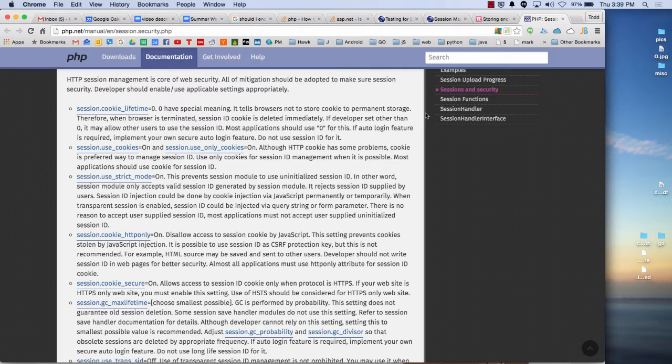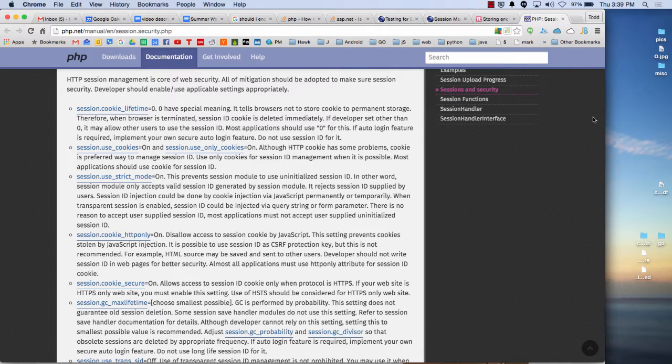So maybe let's encrypt the cookie. Would encrypting solve session hijacking, Daniel? If I just encrypt it and give them an encrypted value, when the encrypted value comes back, I decrypt it and it's the right value. So the hijacker gets the encrypted value and sends that to me, and I decrypt it, and it's the right value. So encrypting doesn't really help.